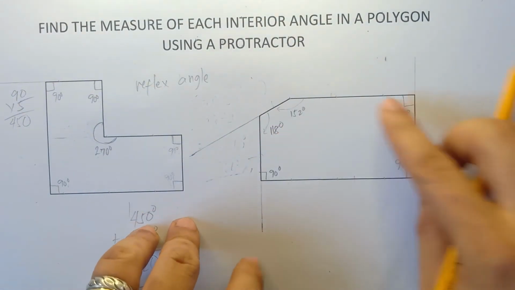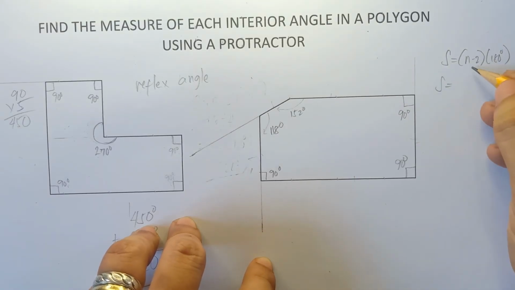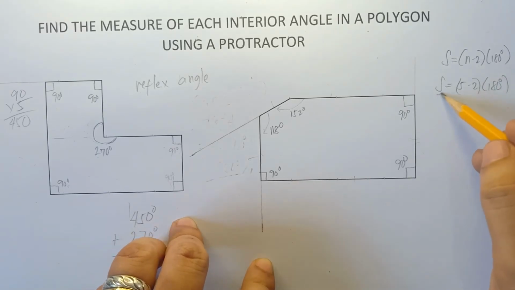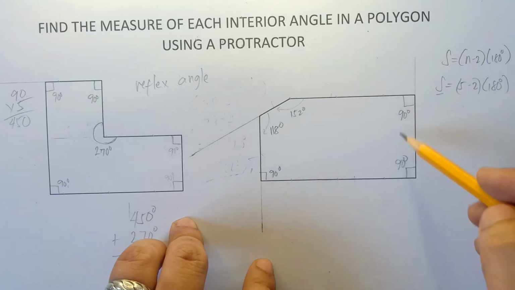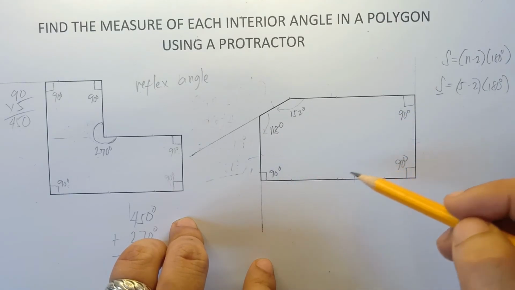Alright, so to find the sum of interior angles, S equals quantity n minus 2 times 180 degrees. So S equals, we have 5 sides, 5 minus 2 times 180 degrees. Once again, class, this S represents the sum. We need to find the sum of interior angles, and then we will check, class, if our angles are exactly